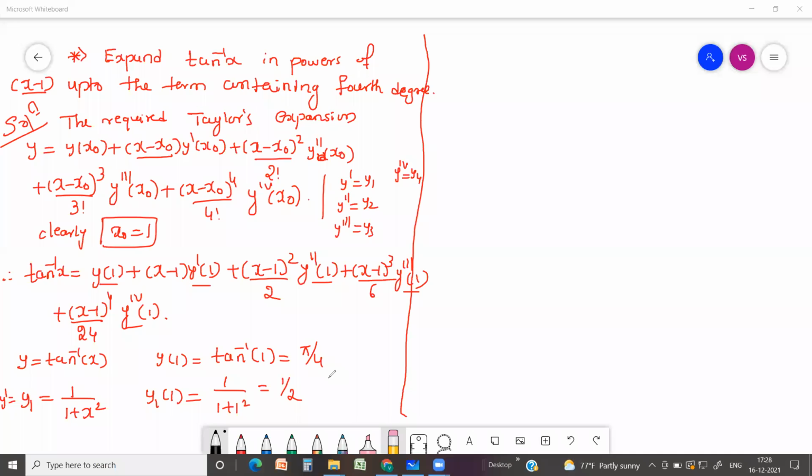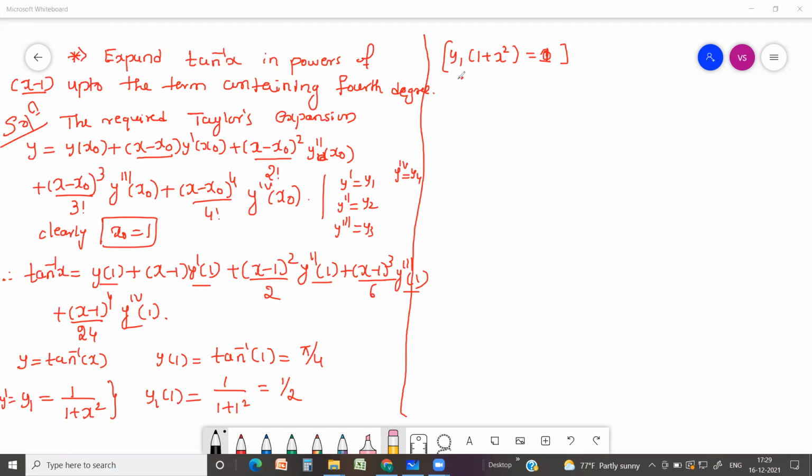Now, as I told, why does the problem become tedious? Because I want to find out y double dash, y triple dash, y fourth derivative. If I differentiate this term directly, somehow we can do second and third differentiation, but fourth differentiation becomes very complicated. That's why we use the shortcut method. How to use the shortcut? I'll just cross multiply the terms, and rewrite that is y1 into (1 plus x square) equal to 1, because the right hand side 1 is there. Now this is the main equation. From this we can easily differentiate, and we can easily get the remaining results.